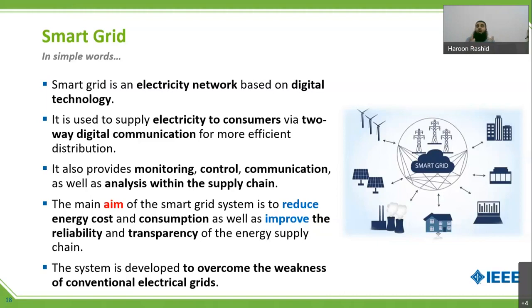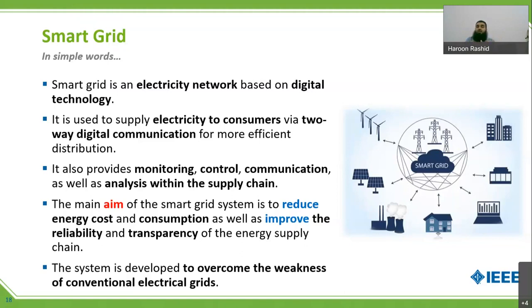Now, what this system is used for. This is the most interesting thing: this system is developed to overcome the weaknesses or the loopholes of the conventional electric grid, or the power grid, that we have been using. What are they? Transparency issues, electricity theft,